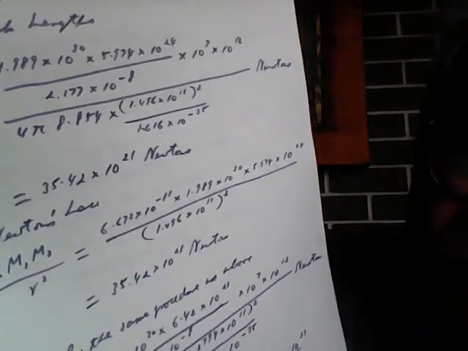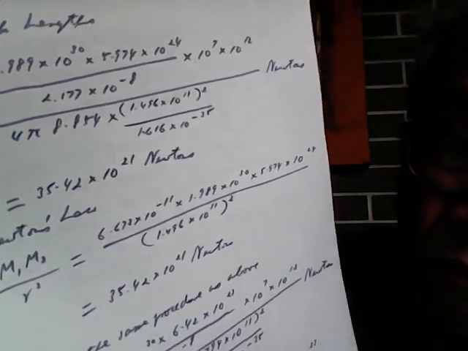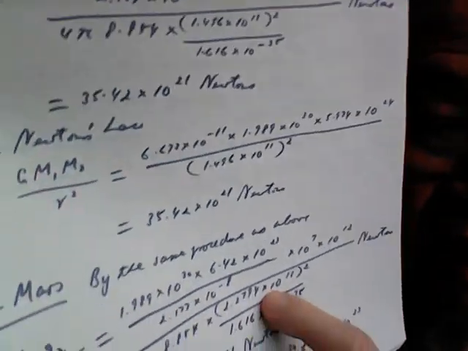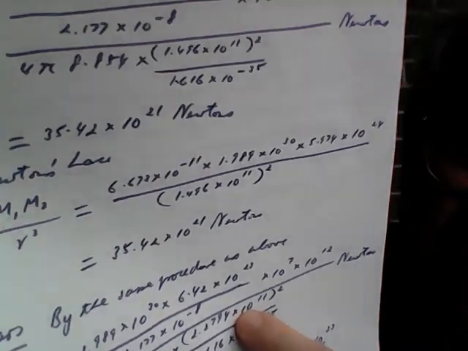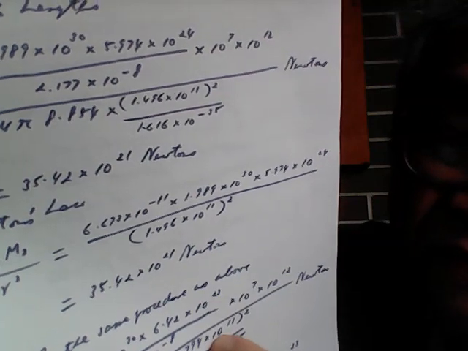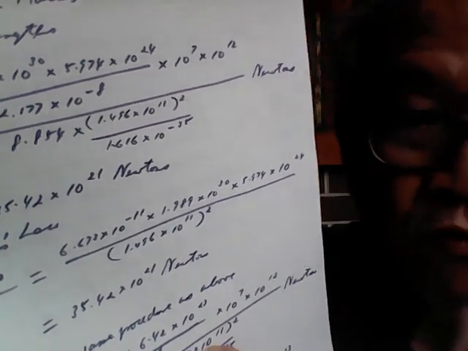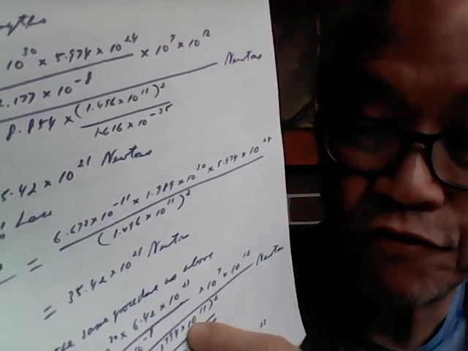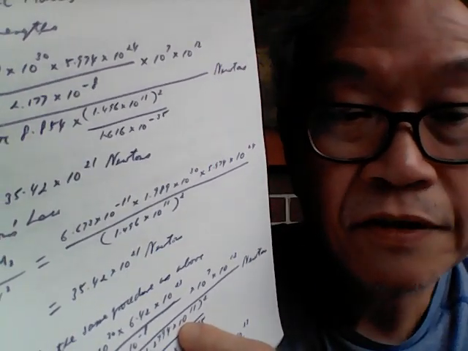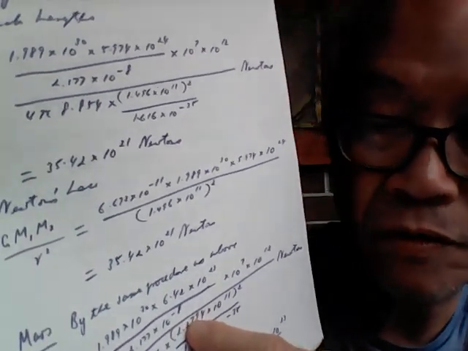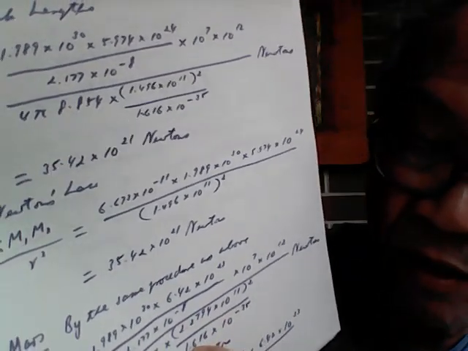And finally, we have 2.2794 times 10 to the power 11. What is this? This is the distance between the sun and Mars. The average, actually, must be said as average, because the distance is not constant. This is the average distance between Mars and the sun,